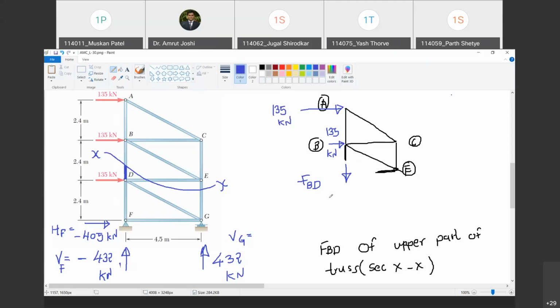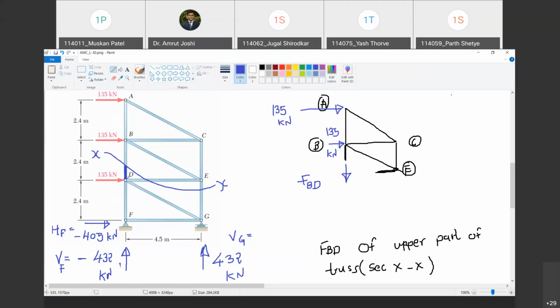So what are we assuming? To begin with, we assume that all the members are subjected to tension. Therefore, when I draw this free body diagram, this lower part of member BD pulls the upper part of member BD. If it is tension, what should it do? It should pull. Do you agree with me? Yes, sir. So that's why I have shown the nature of FBD in this fashion. It may so happen that BD may have compression or some other member may have compression. In that case, a negative sign would emerge at the end of the analysis. Are you with me? Yes, sir.